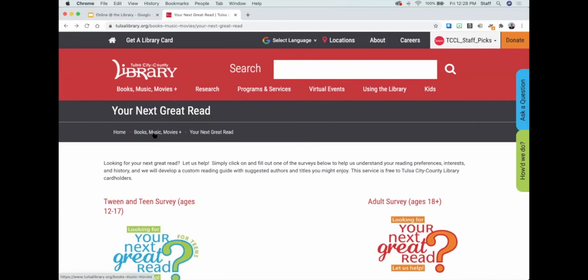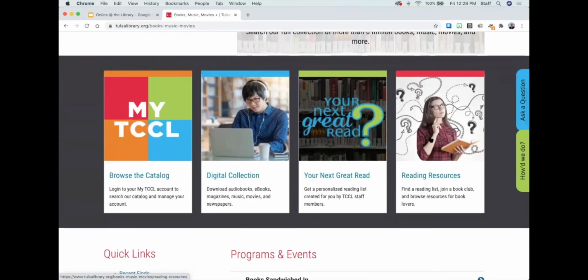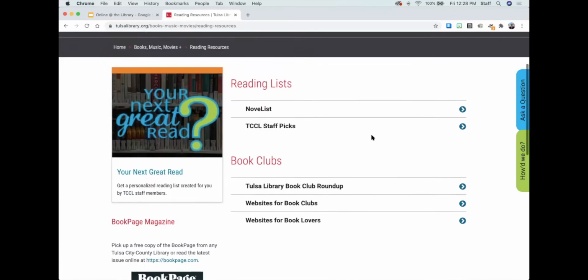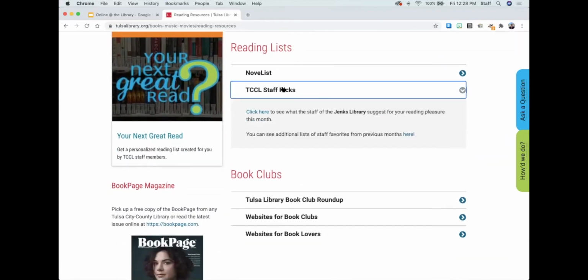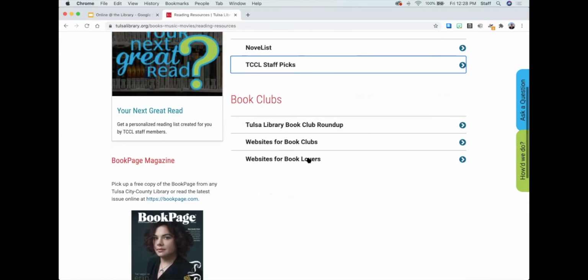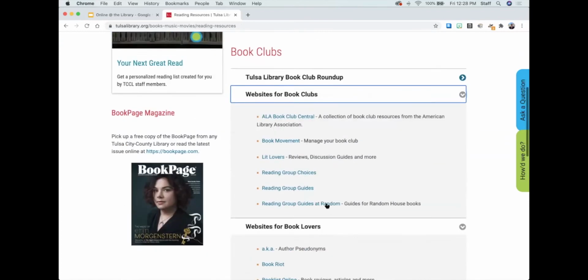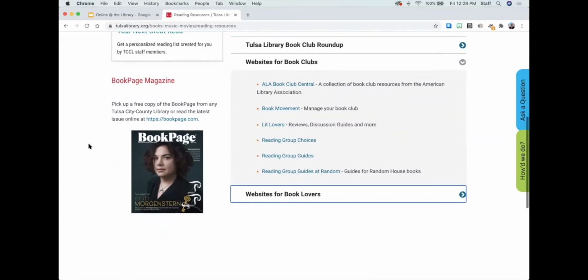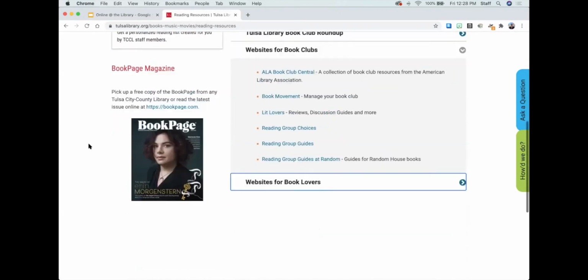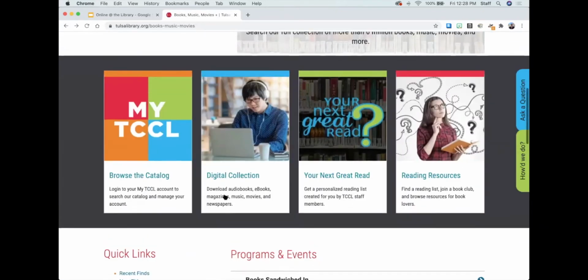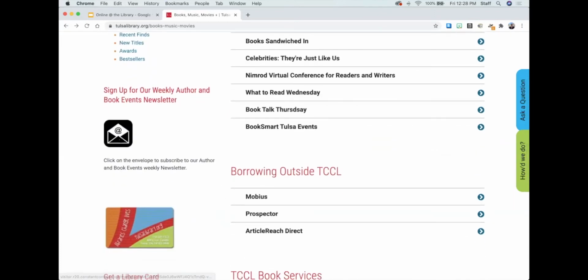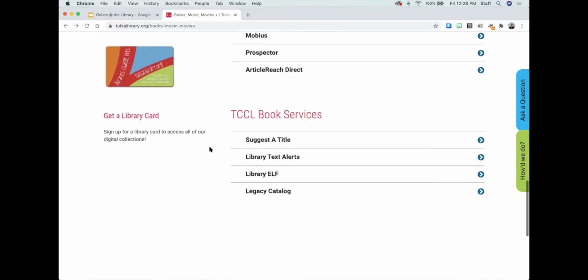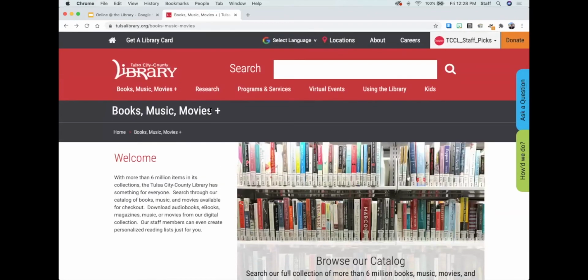So that is that. Also on this page under reading resources, we have a few things on here. We post monthly staff picks. We also have some good resources. If you're in a book club and you're trying to revitalize your book club or find some reading guides, we have some lists of good resources to find information on that. And then there's also on the previous page a newsletter that we send out weekly that has different author events that happen around town. So I definitely recommend checking out this page, but we are actually going to move along